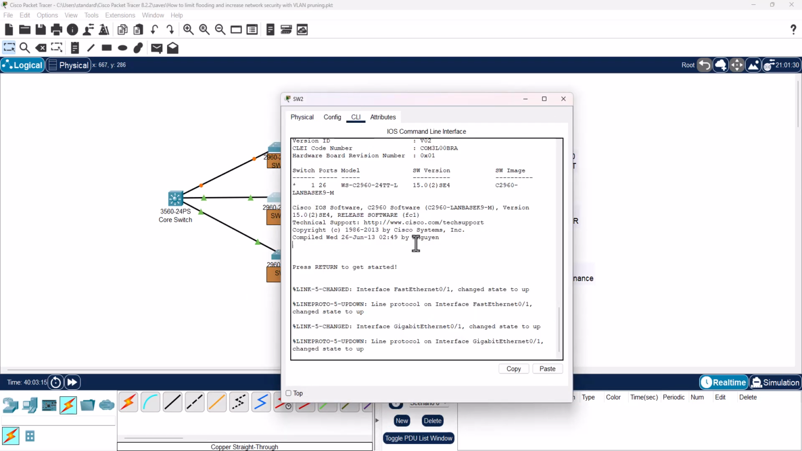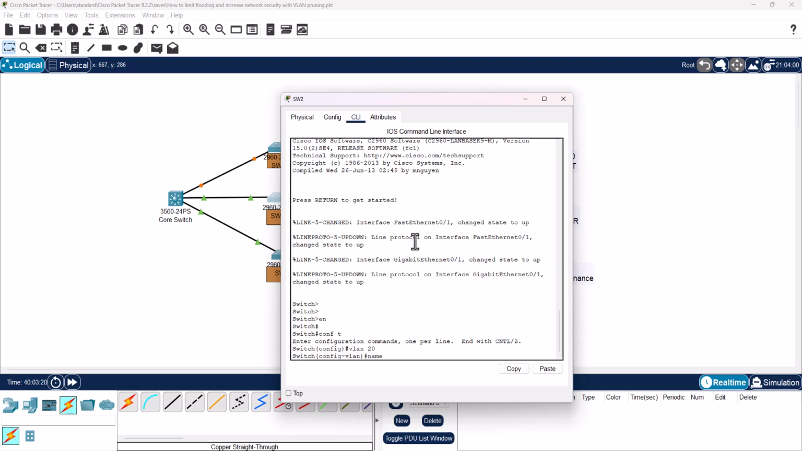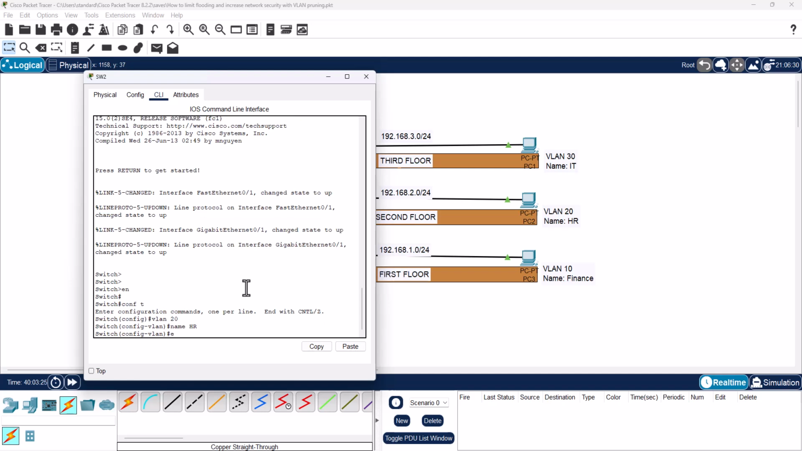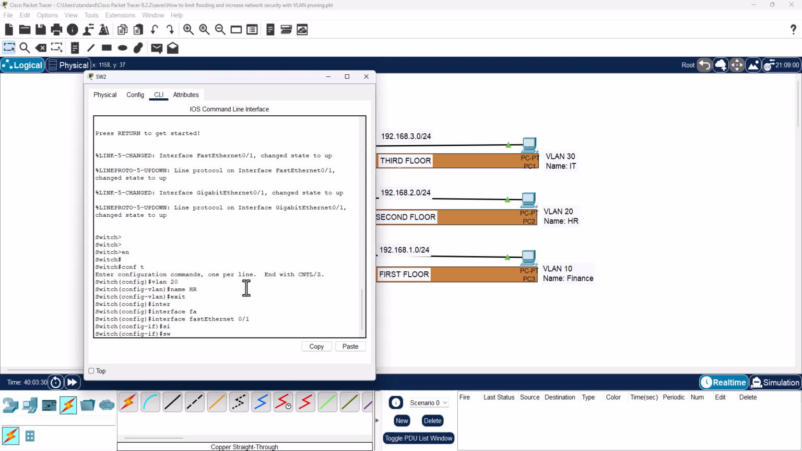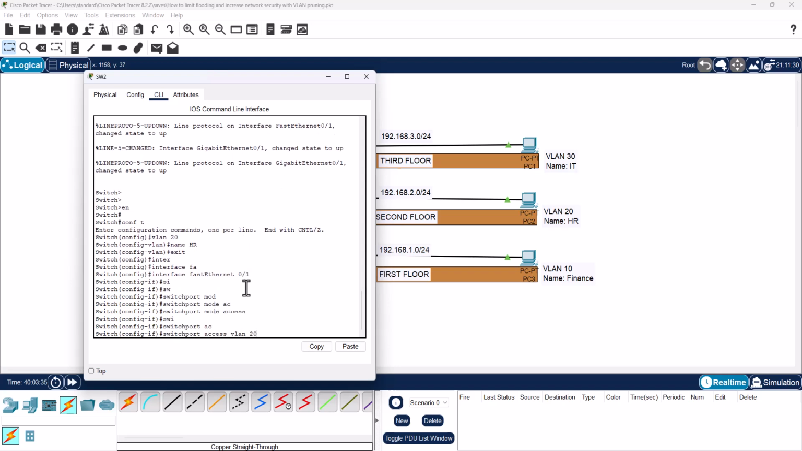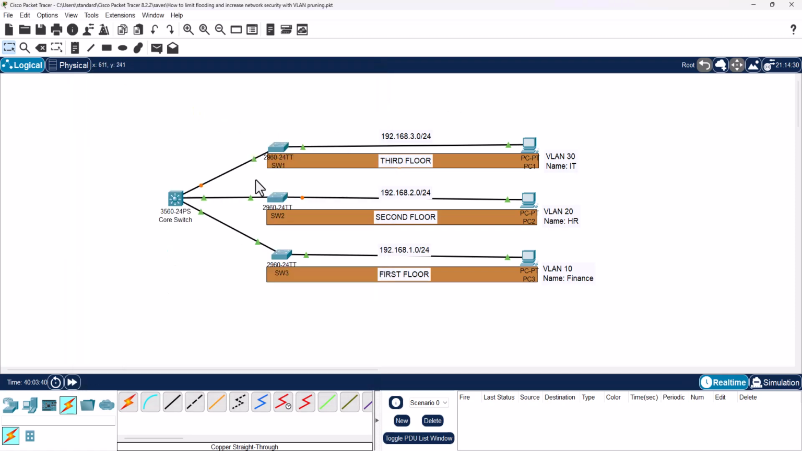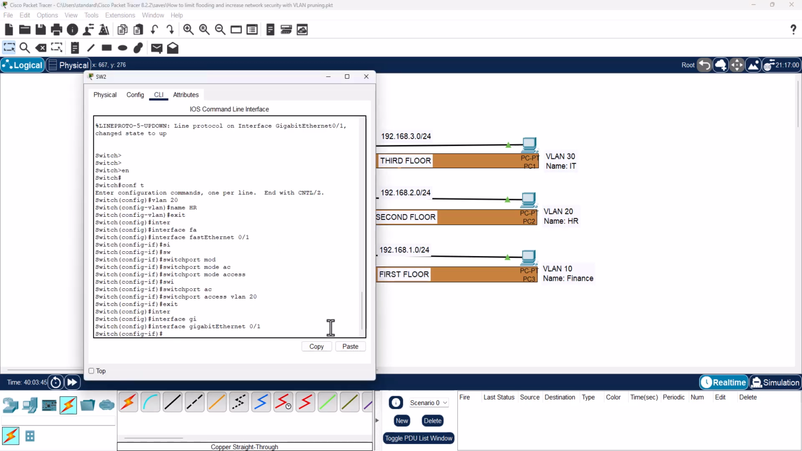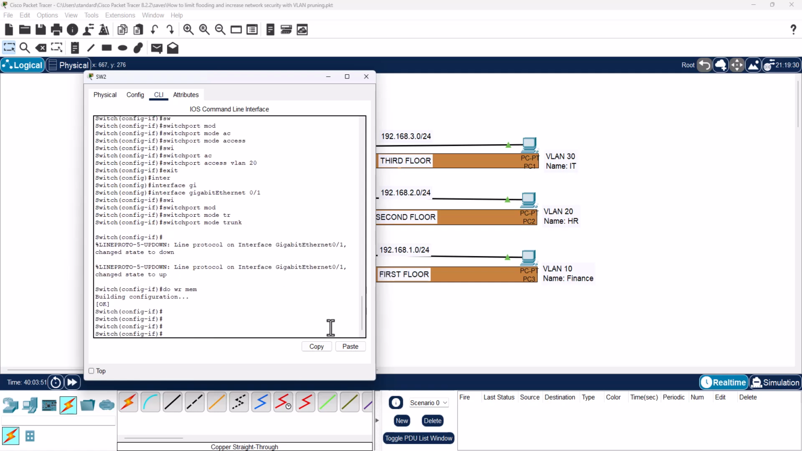Similarly, into switch 2, enable, conf t, VLAN 20, name HR, interface FastEthernet 0/1, switchport mode access, and then switchport access VLAN 20. Finally, we need to configure the trunk port, which is 0/1, and save our changes. Close the window,